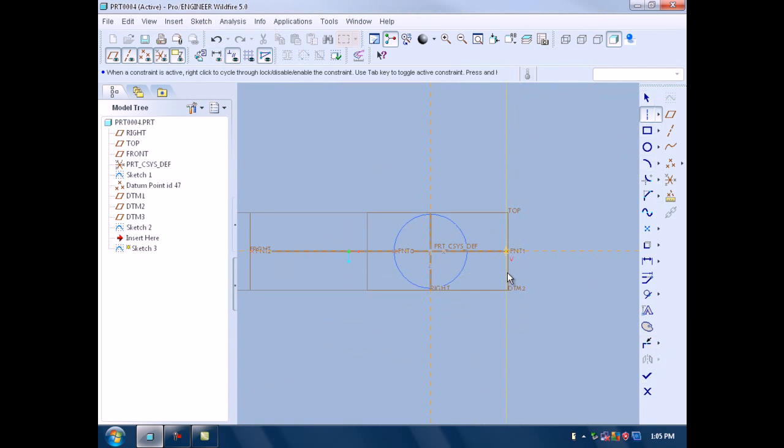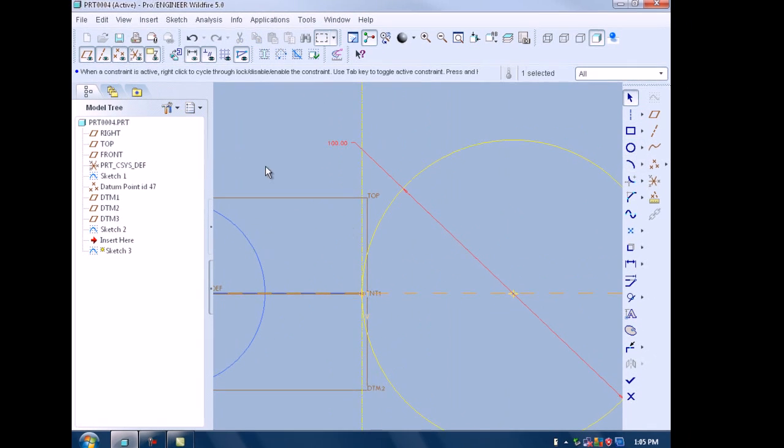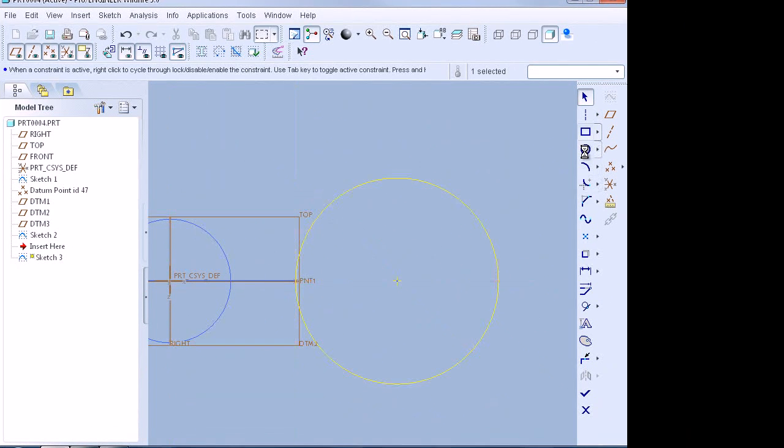This is the most important part of our crane hook. So go to circle and make a circle of 100 mm dia. Now draw another circle of 36 mm dia on the center line again.